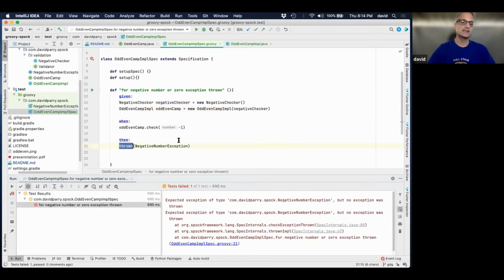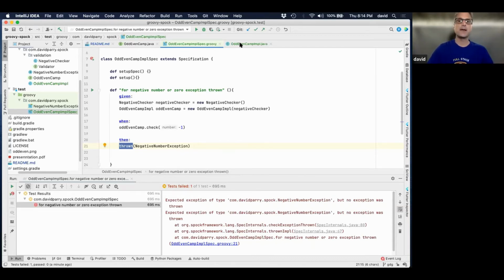No, this is, I just say thrown. Part of the DSL, I say thrown, and it will come out with more information for me. It doesn't allow me to be terse. It makes it be more verbose, but my code is more streamlined and elegant, and the language speaks more. But when you do have a failure, it's a lot more verbose. So now we need to make this pass.